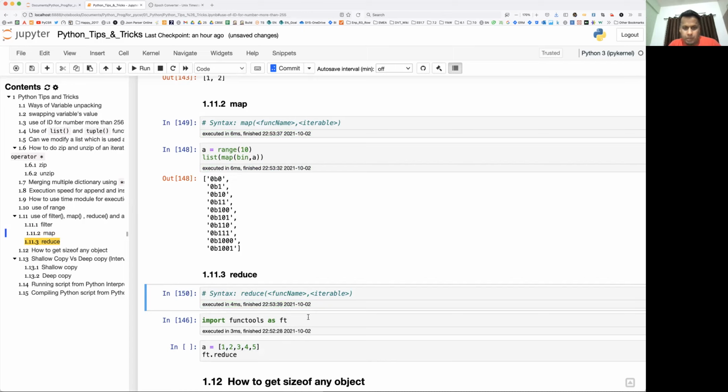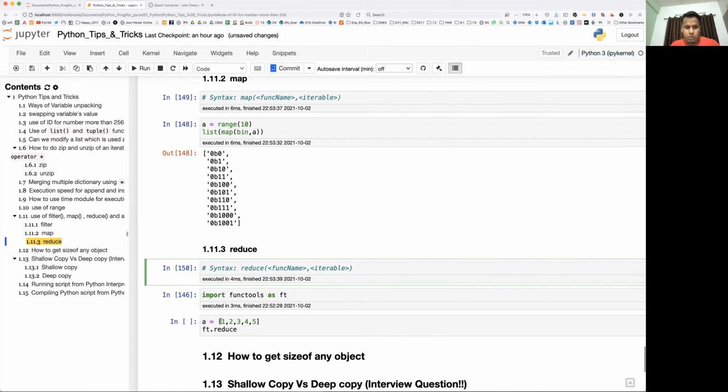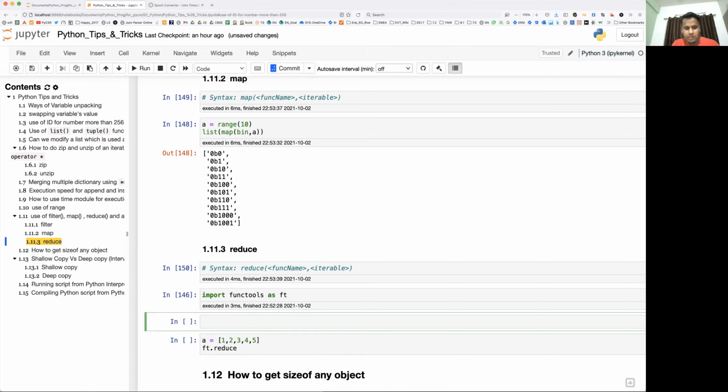So how to use reduce? As I mentioned, first it needs two arguments, right? So the first two arguments will be used. How will these two arguments be passed here? We don't have any function right now, right? So I'm going to write one lambda function, which is an anonymous function. Don't worry about this because I'm going to talk about it in detail in the function video. So we have one function called lambda, and it is going to take two arguments.